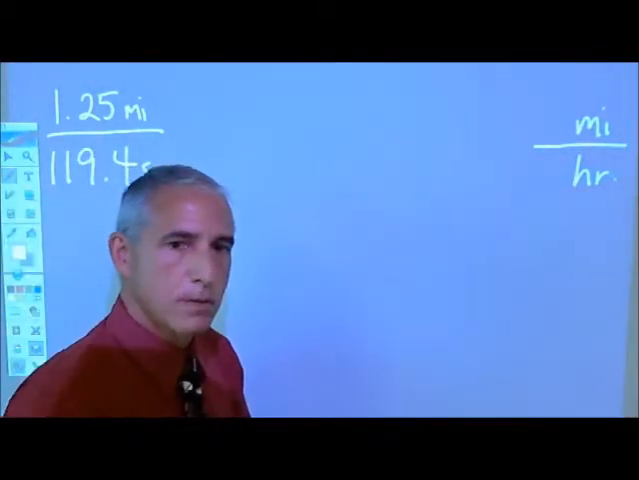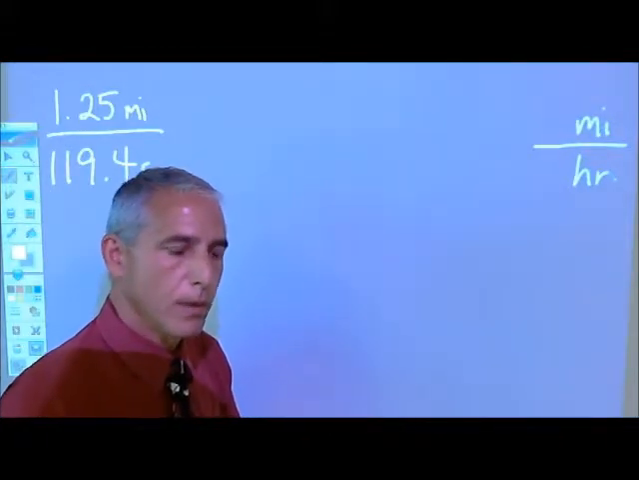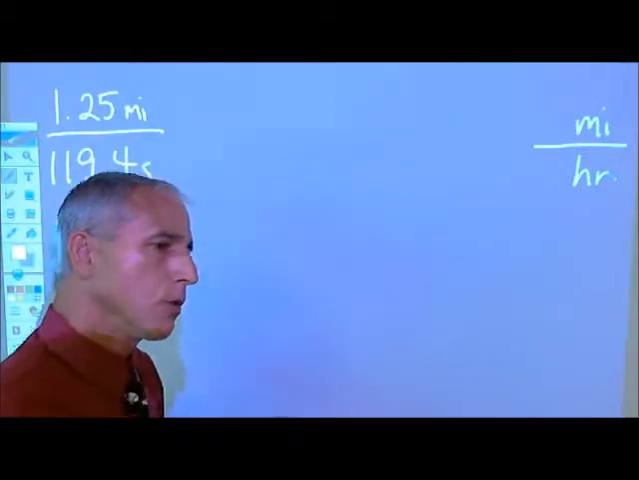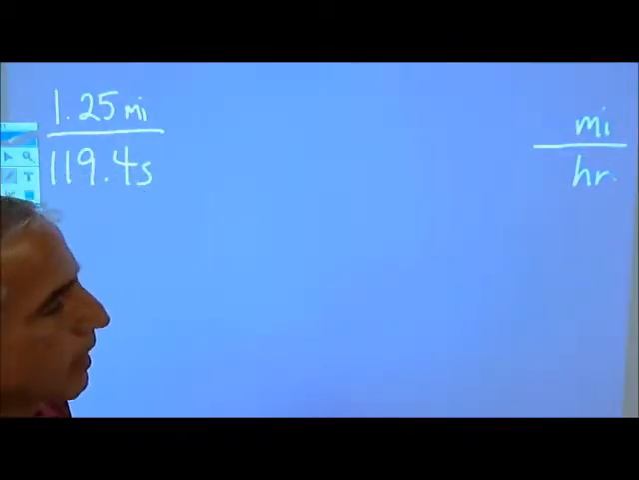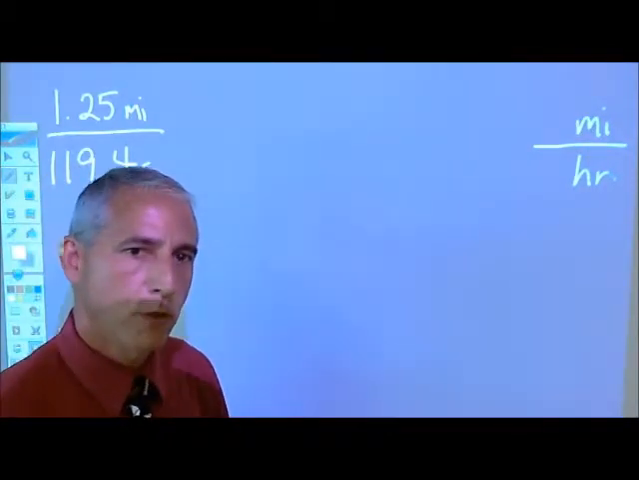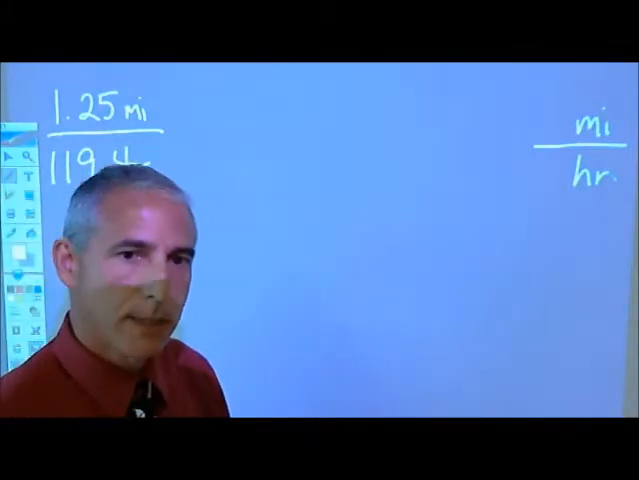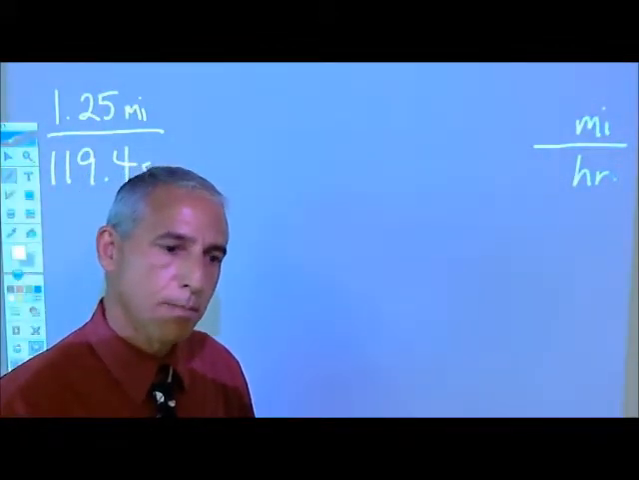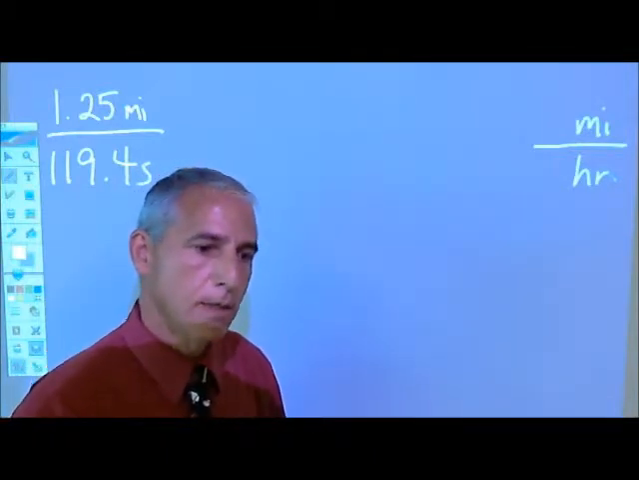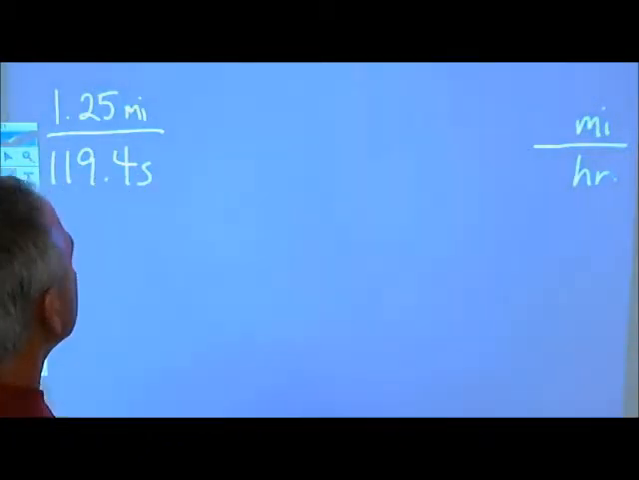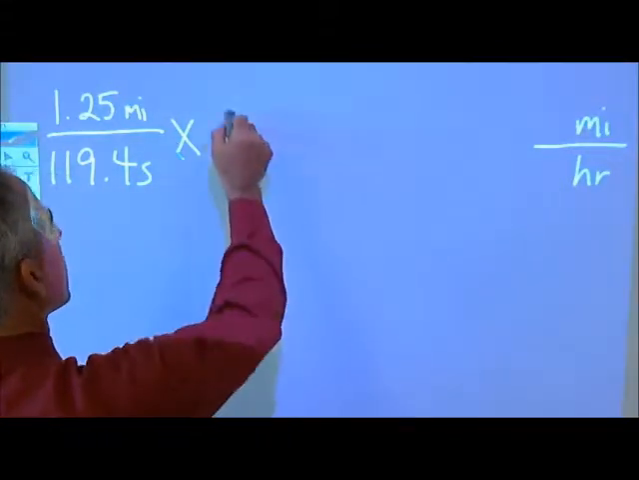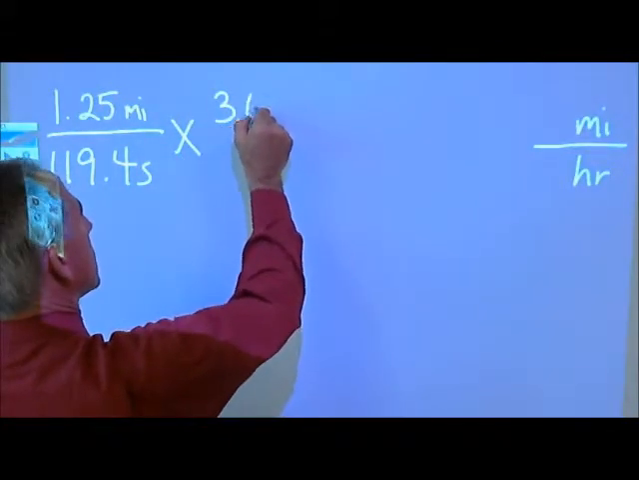Now we know that there's 60 seconds in 1 minute and 60 minutes in 1 hour. Now we could multiply by 2 conversion factors, but let's go ahead and just figure out how many seconds there are in 1 hour, and then we'll just multiply by 1 unit conversion factor. Well, if there's 60 seconds in 1 minute, 60 minutes in 1 hour, that means that there's 3,600 seconds in 1 hour. So what we need to do is multiply this by 3,600 seconds